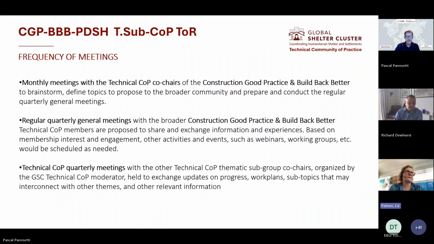Next slide, please. We try to host regular meetings. We have monthly meetings within our co-chairs and the committee, quarterly meetings through the Shelter Cluster Technical COP. And of course, we do join and engage with some of the other sub-working groups under the Technical COP, some really incredible items on the agenda. I'm sure you've seen many of the introductions recently with many aligned ambitions within the other sub-working groups.